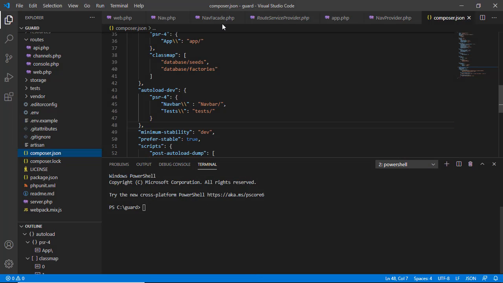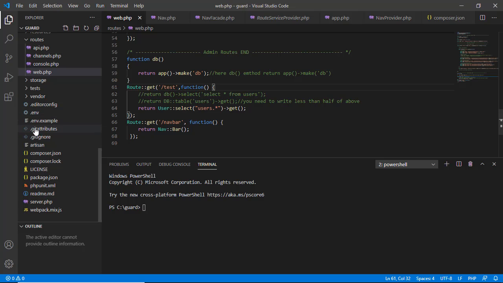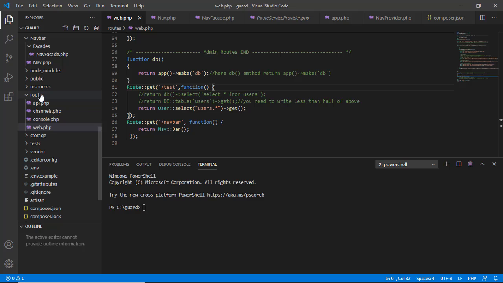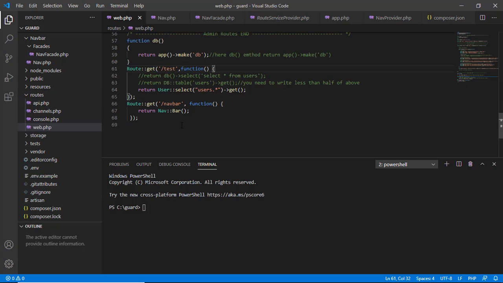See here, in the web.php inside the routes folder. Inside that we wrote a URL address, the route get method /navbar, and inside it we call the facade NavFacade::bar. We are calling the method with the double colon and then the method name. And if we save this,